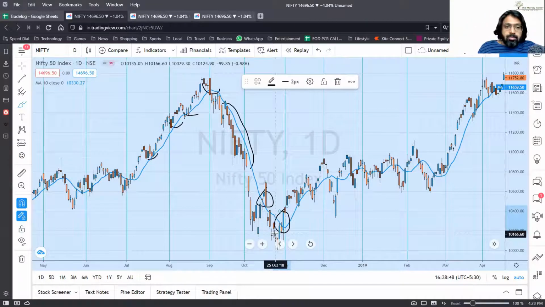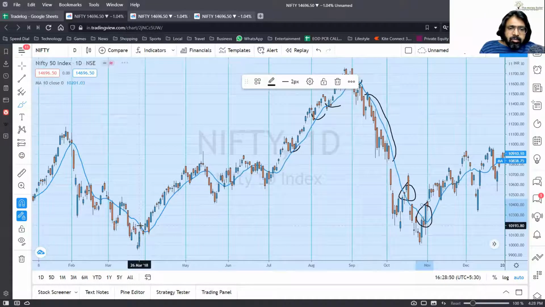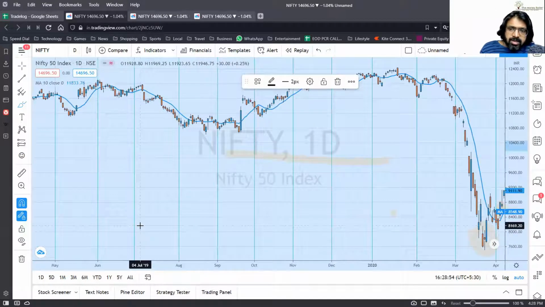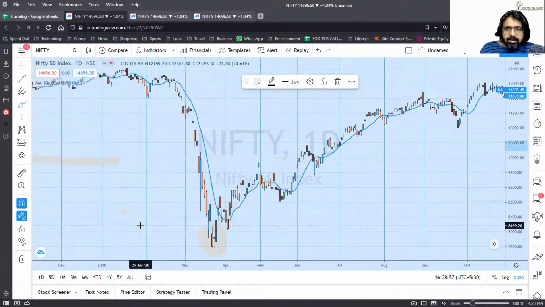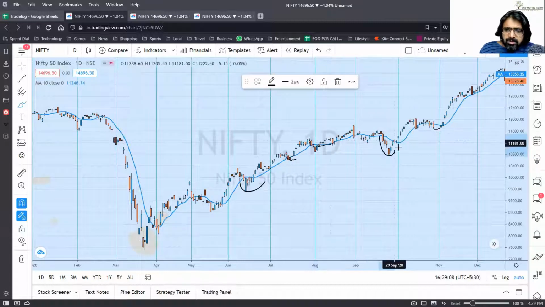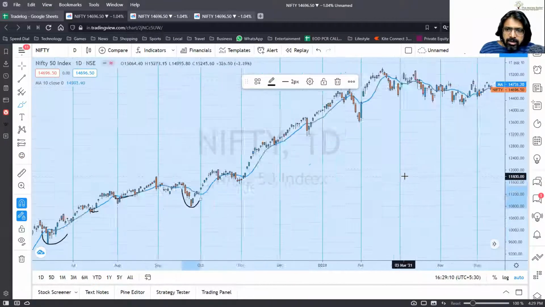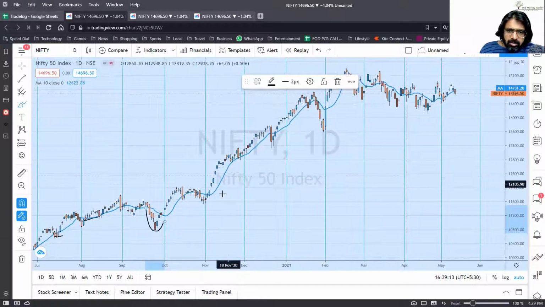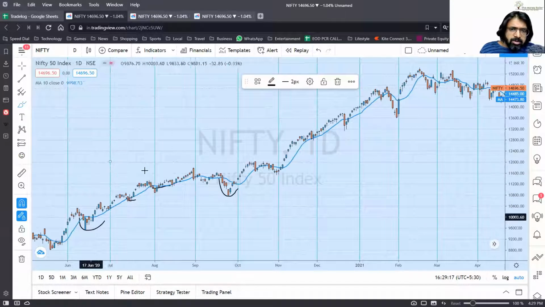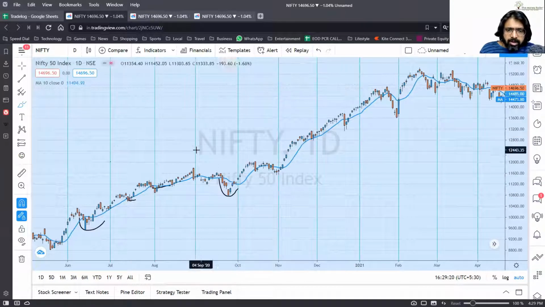So a carefully selected moving average actually also acts like a support resistance. Out here, this 10 period moving average which I have selected, you can see that it's pretty all right in this trend. Okay, you are getting trapped pretty often. So for this trend, this moving average is not correct. But for the current trend, it is not a very good moving average. So you can adjust your moving average.